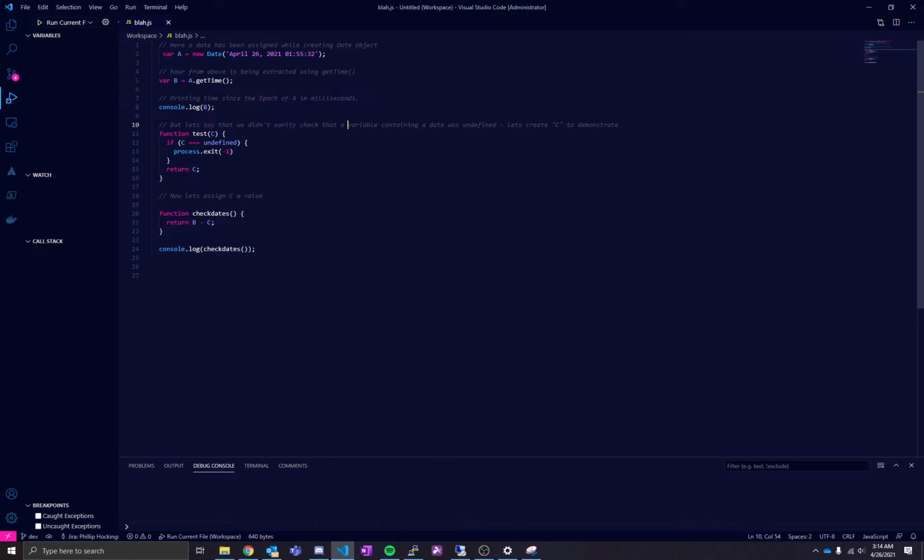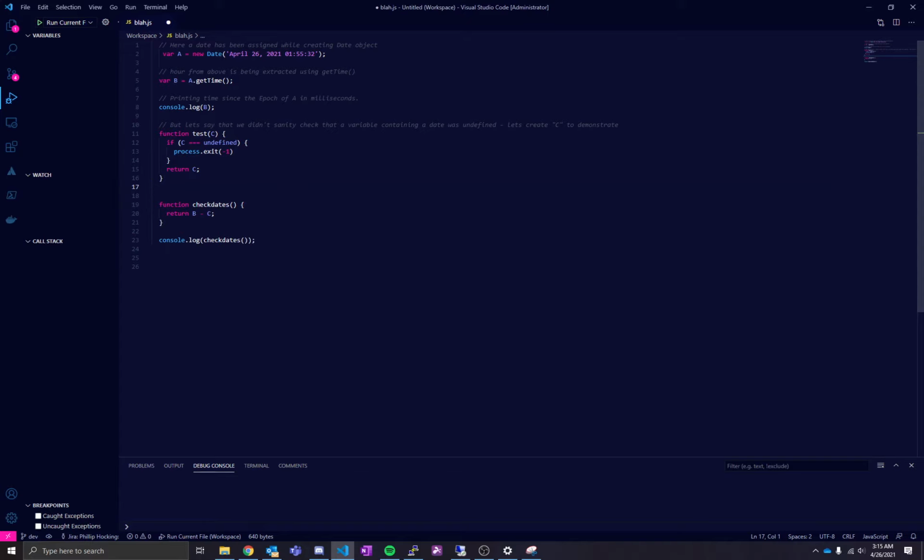And then we have a function here, and the function takes C, it checks to see if C is undefined, and then it exits with a -1. Because if we have a function, the function takes a value, the value in this particular case is C, right? But if we don't have C defined, it would exit with something like a -1 saying, oh, that's not a value that I have. Otherwise, it would return C, whatever that value needs to be, right? I'm not actually assigning C a value.